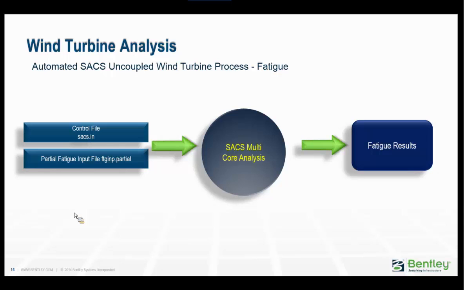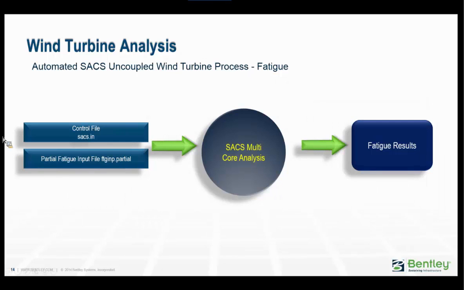The control file basically defines the location of all your simulation input files, in other words, the directory structure. And the partial fatigue input file contains items such as the fatigue design life, any factors of safety, the SCFs, the S-N curves that you want to use, and any overrides that you might have